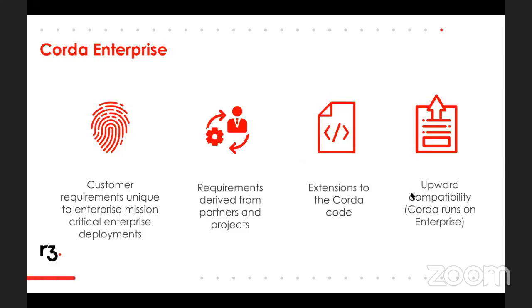So the first is on performance. We're already doing a ton of work on the Corda open source release to make it perform. But if you look at the deployment on premises at large institutions, they use hardware that's quite different to the scale-out hardware you see in public clouds and elsewhere. So it's performance work tailored to the unique hardware characteristics of some large pieces of kit that we're focused on.